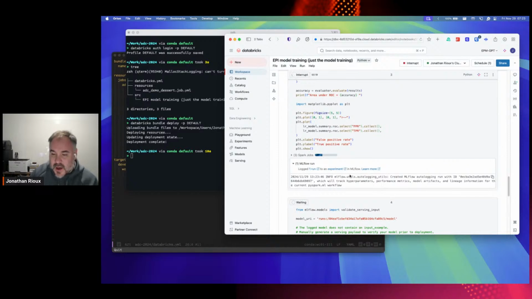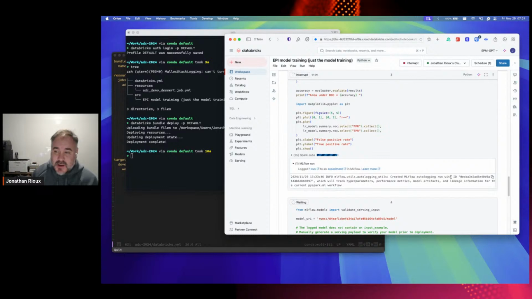You can see here that MLflow is auto-logging some runs. MLflow, which we're going to see in just a moment, is, the best way that I can describe it, Git for ML experiments. So ML models that you train create artifacts. Usually you have your training data set, your testing data set, and you also have a package that takes your raw data and transforms it into predictions. I don't want to use the word bundle because I think it's going to confuse people with the Databricks Asset Bundle, but that package